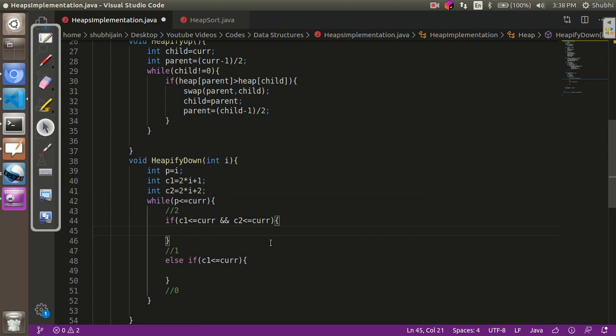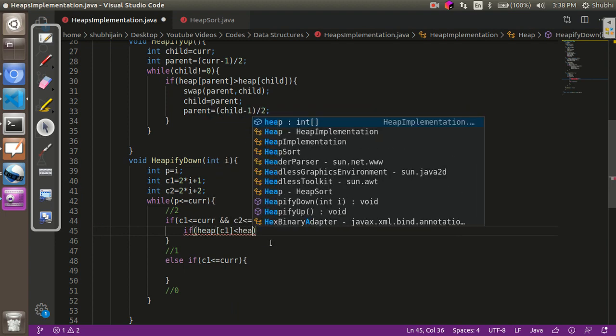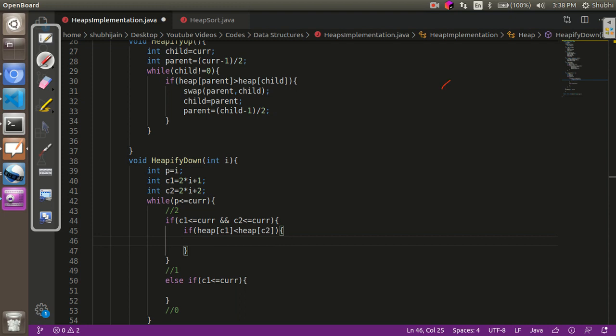Now over here we have to first see which is the smaller element. Now if the element at child 1 is less than the element at child 2, what are we going to do? We are simply going to compare my parent with this child. As we already know the relationship between these two, we will just compare the parent and child 1. Now if my parent is smaller than child 1, this clearly means that my parent is smaller than both child 1 and child 2. So my parent is in the correct position.